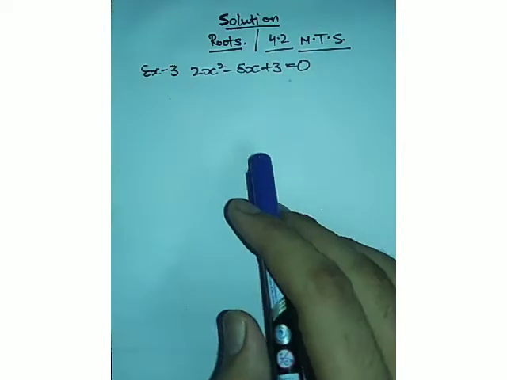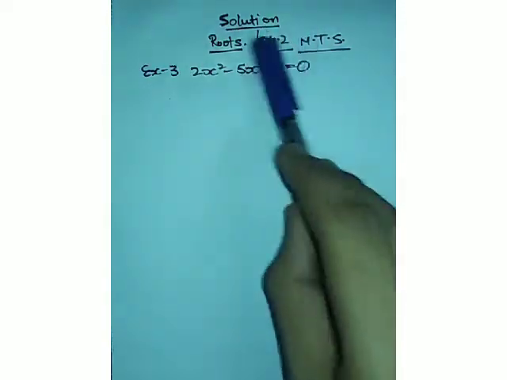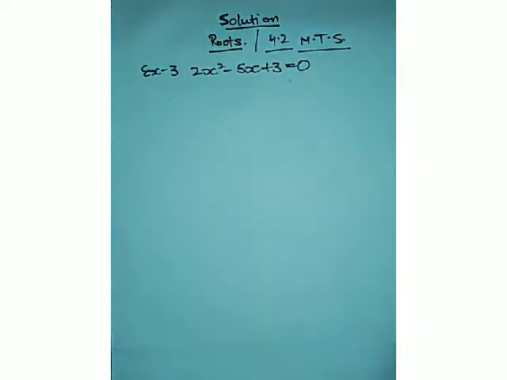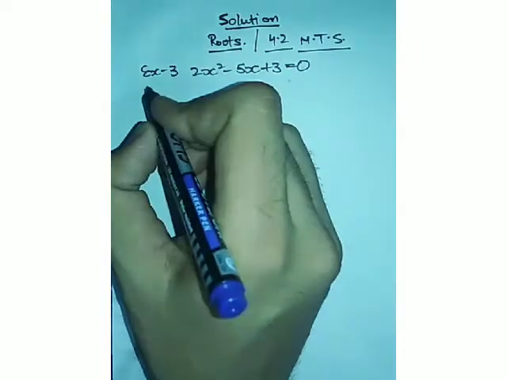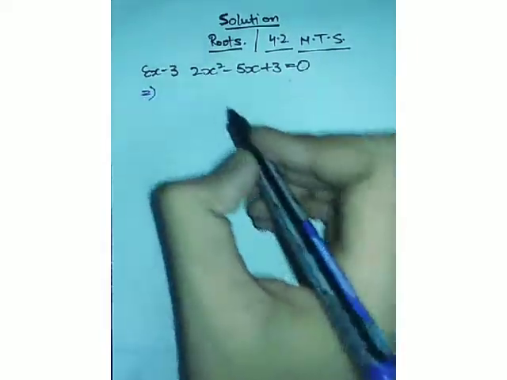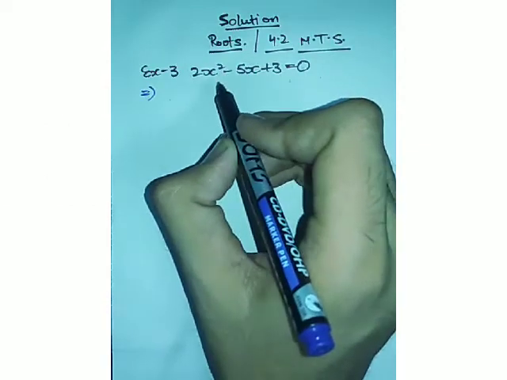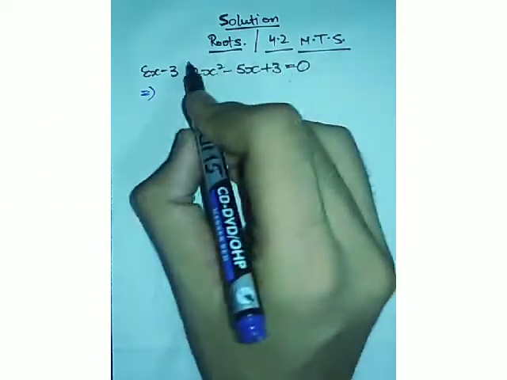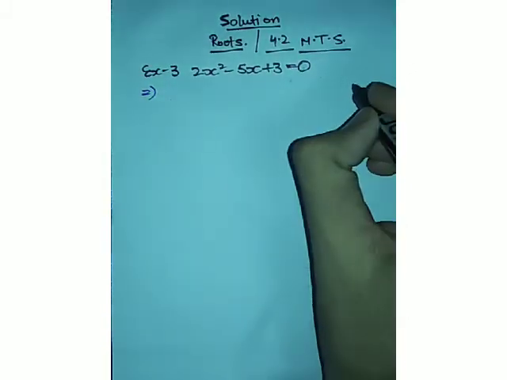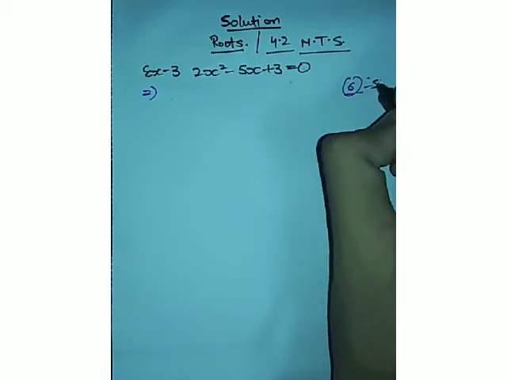roots. Here is our third example, which is the very first example of exercise 4.2. We have to find the roots of 2x² - 5x + 3. We will split the middle term here. Now, when the coefficient of x² is other than 1, we will multiply the coefficient of x² and the constant term. What we are getting is 6, and the middle term is -5, right?